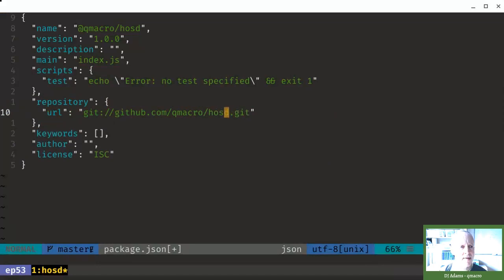There we go. I think that's it. Let's just double check. I think, yeah, that's right. So fine, that's all good. And we're all ready now to do a publish, except that, of course, the HOSD package or the HOSD repo